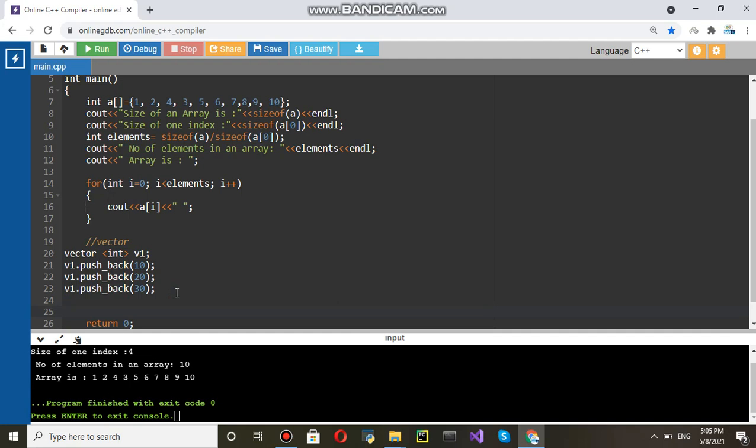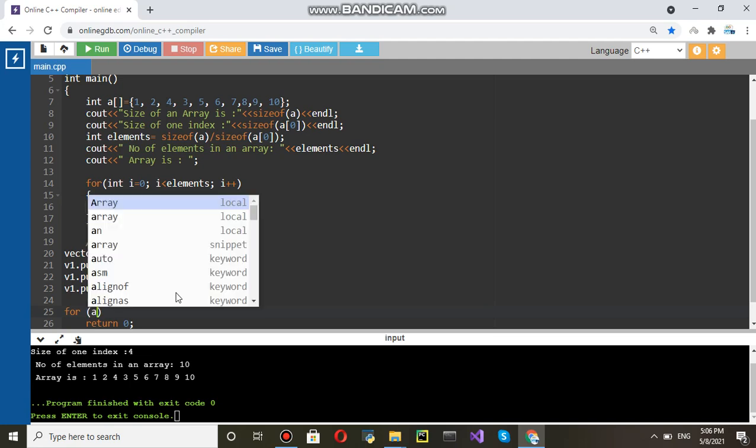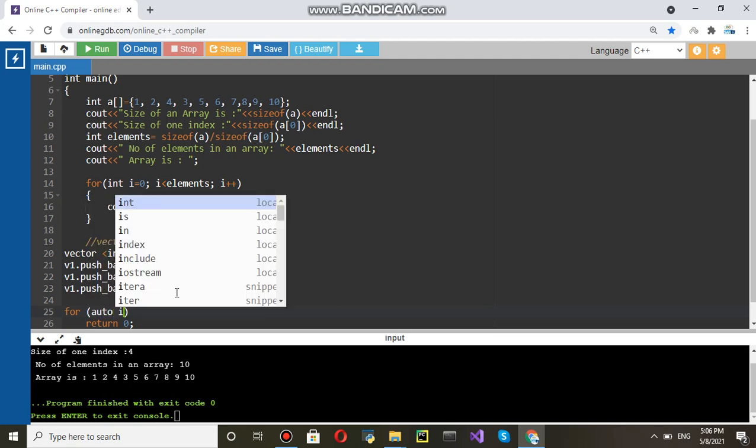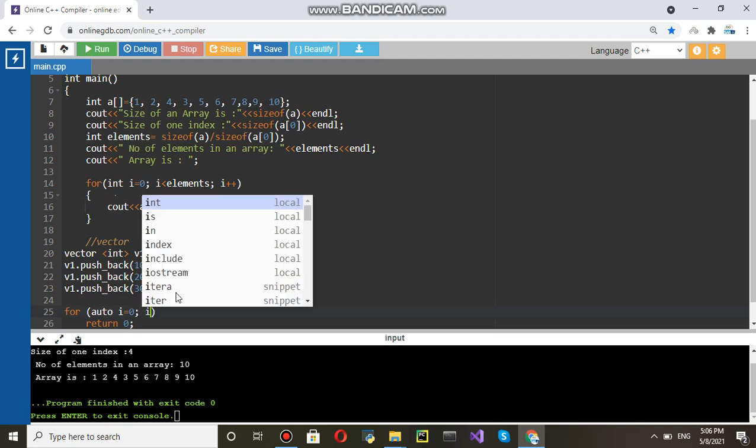Now we need to print this vector. Push back will add 10 and then 20 and then 30. So at index 0 it will be 10, index 1 it will be 20, index 2 it will be 30.